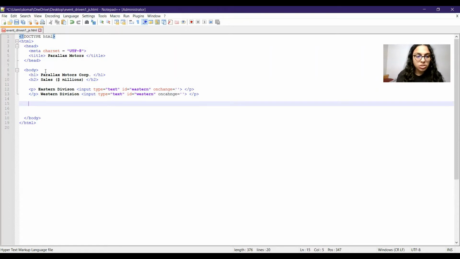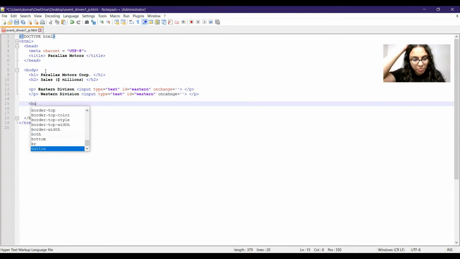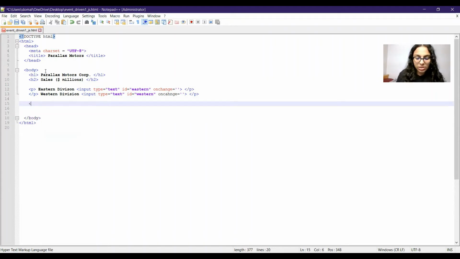So there were two methods to create a button. The first was to use directly the button tag. So we can have a p tag, inside that we can have a button tag. So we can give this the ID total sales, because this button is for the total sales of 2020.